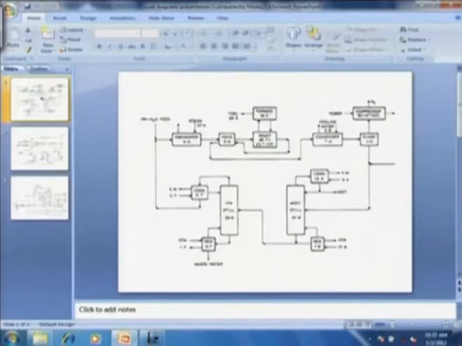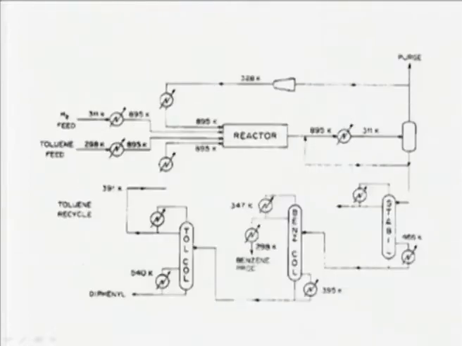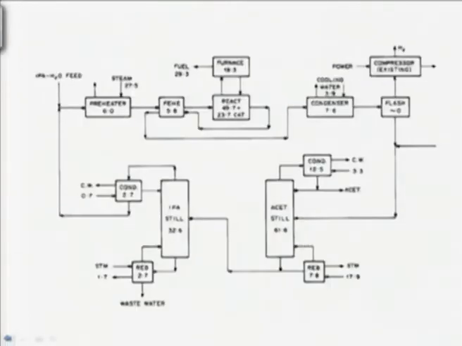Similarly, we also saw how we can optimize the heat transfer in the process. For that, the flow sheet is now on the screen. Here you can see that the heat from the reactor effluent, the stream emerging out of the reactor, is recovered in the incoming stream through this FEHE, feed to effluent heat exchanger, and the feed to effluent heat exchanger is quite small compared to the preheater and the furnace, which supply heat to the feed. That increases the cost of operation.